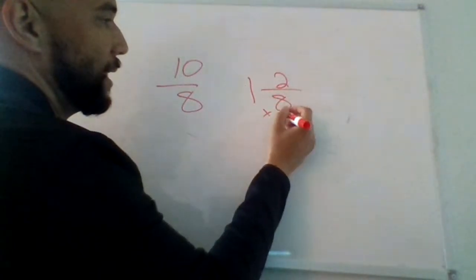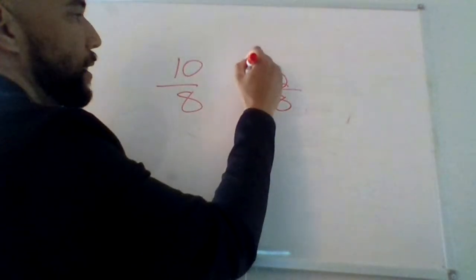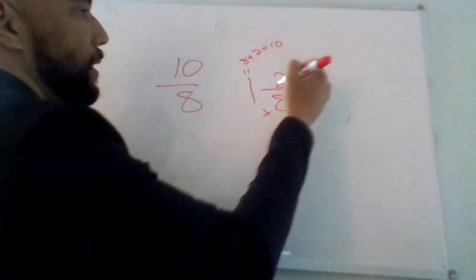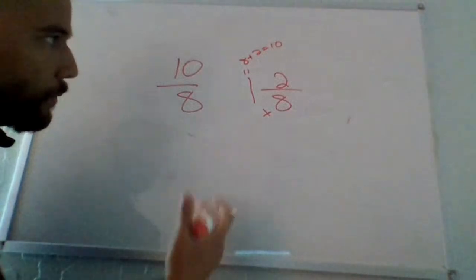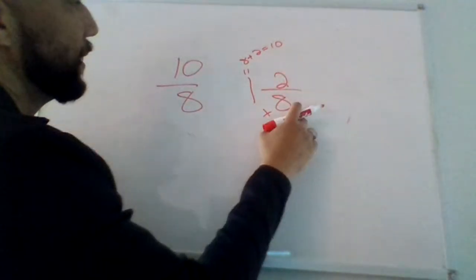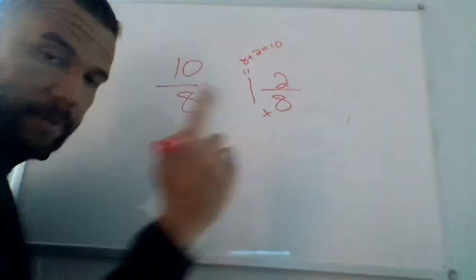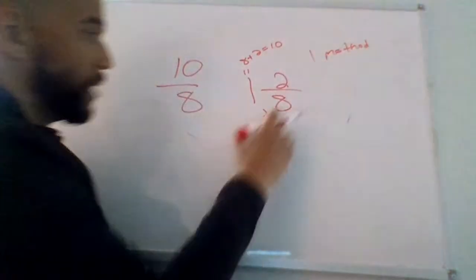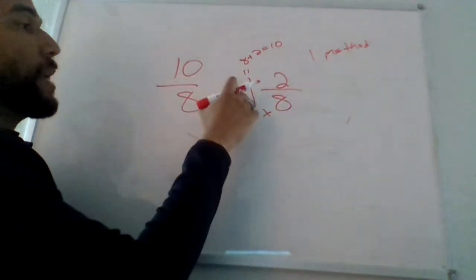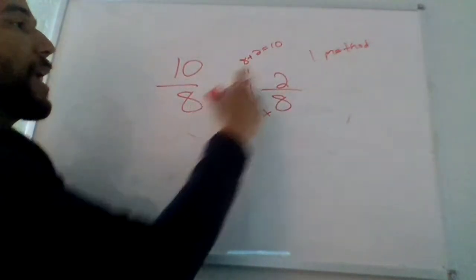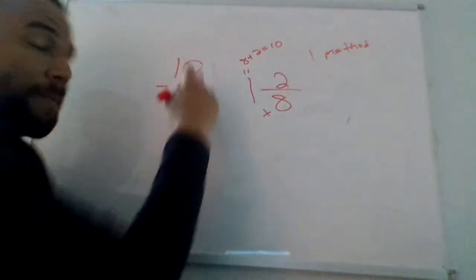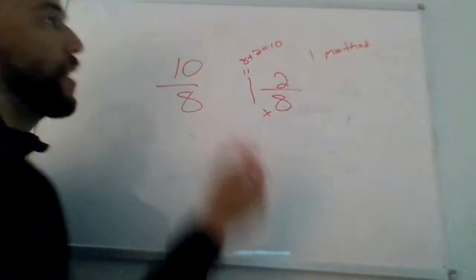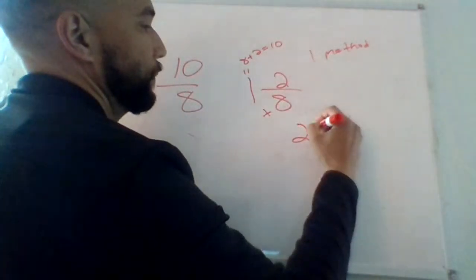See? So 8 times 1 equals 8, and if I add 2, I get 10. Right? So that's how I know that 1 and 2/8 is going to give me 10/8. That's one method. Again, this is just memorizing steps. You take your denominator, you look at what you would need to multiply your whole number by and add your numerator to get this number. That's one method. If that's confusing, I'm going to give you another method. So that's method one. All right, the second method